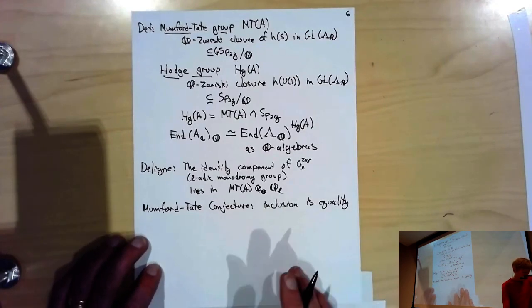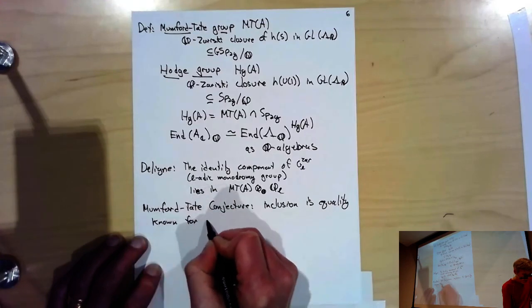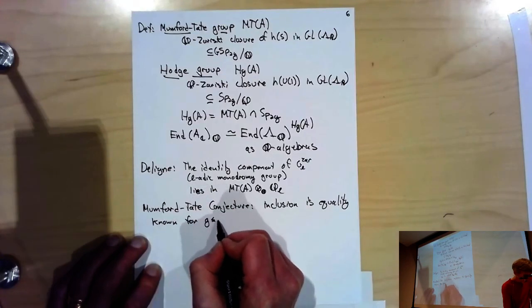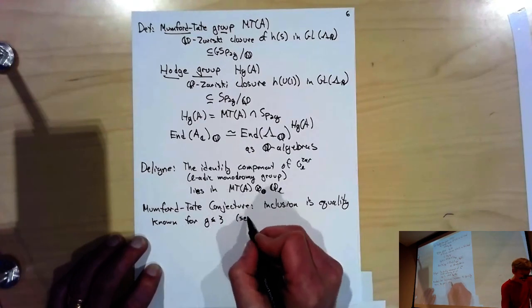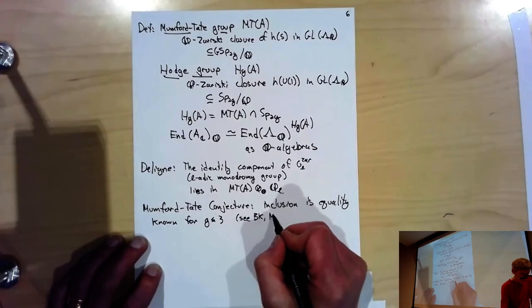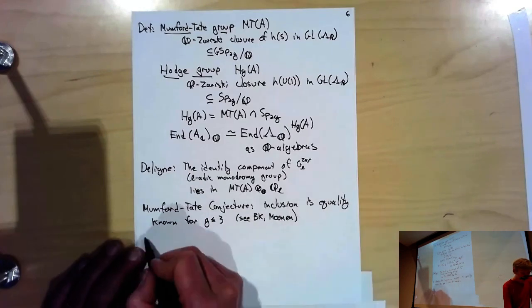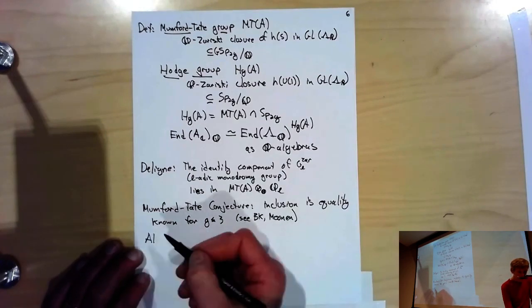This Mumford-Tate conjecture is known in particular whenever the dimension g is less than or equal to 3. I'll refer you to the paper of Banaszak and Kedlaya, who basically are applying results of Moonen to get this explicitly. Banaszak and Kedlaya also formulate